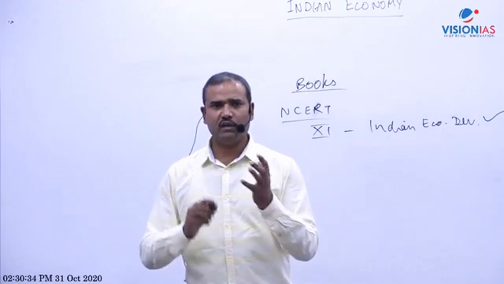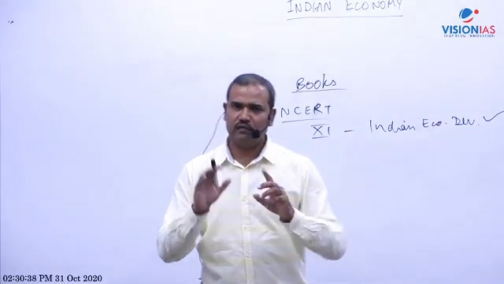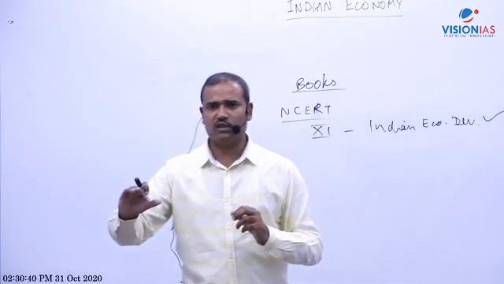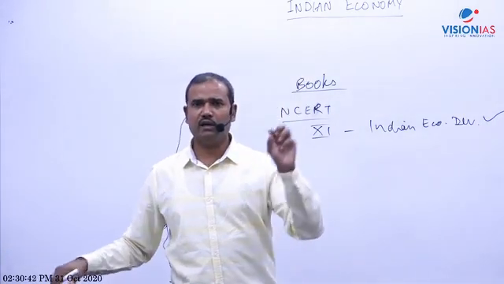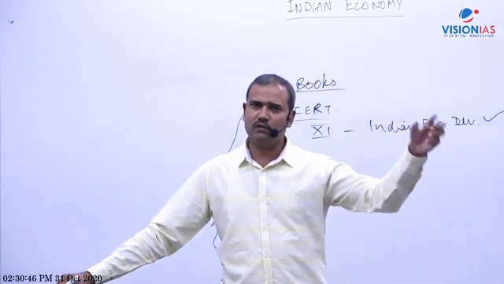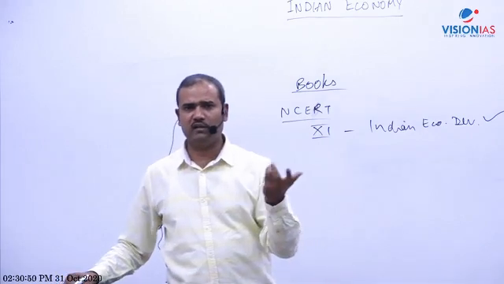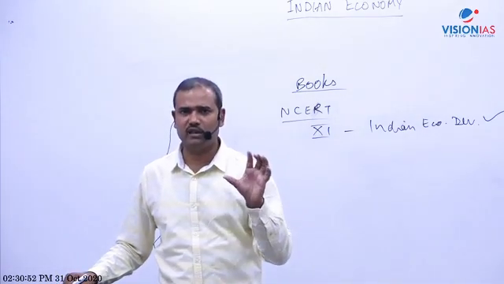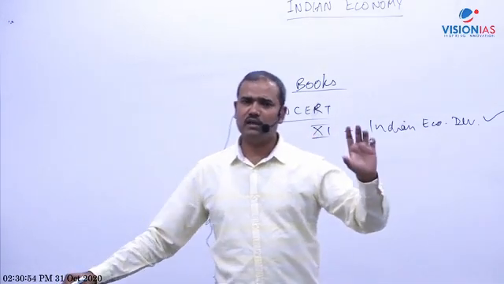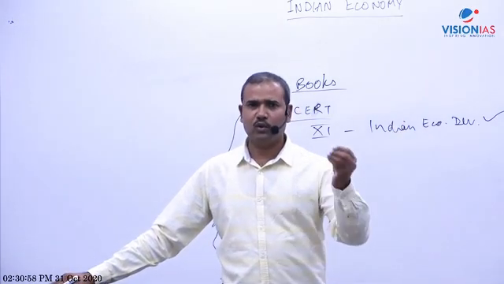So I repeat once more, please wait. First of all, wait for the syllabus to end almost. By that time your syllabus will be over. Then you can go through the economic survey of next year, both volumes' summary. The summary will be, I think, about 60, 70 or 80 pages at the most. That is available on various websites, and the Vision summary is also good. So you can go through that.